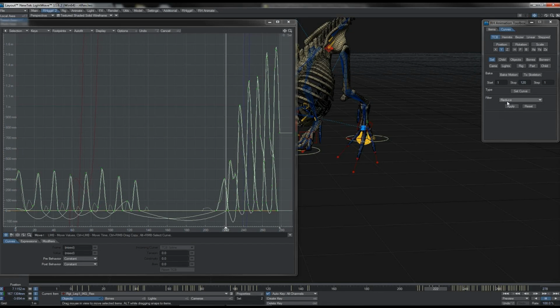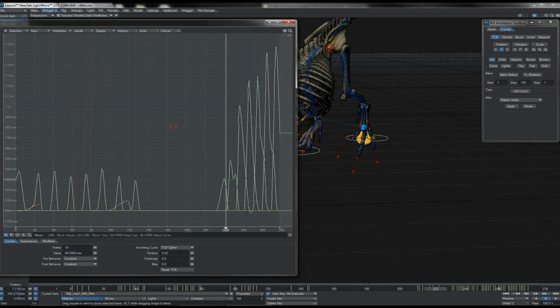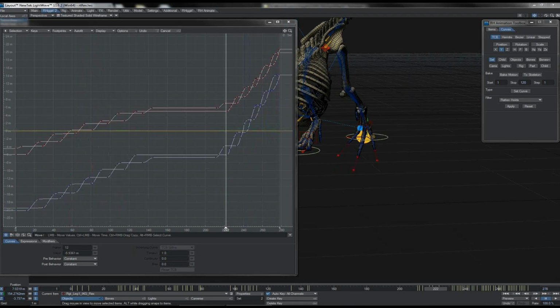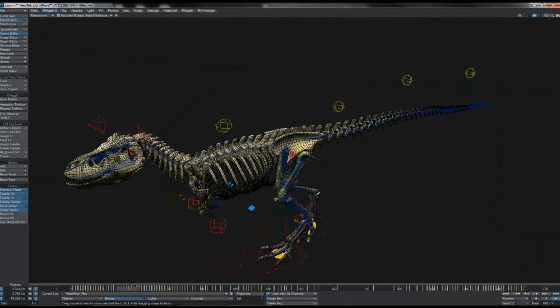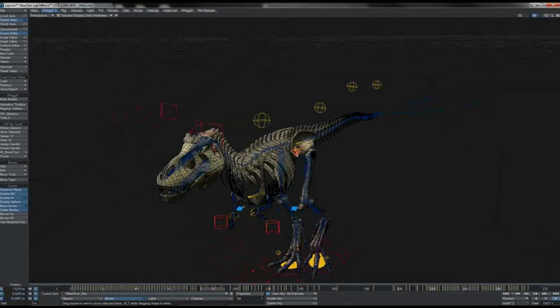It's then a quick enough job using the flatten holds, and like that you have some heavily edited down keys with nice firm holds in position when the foot is planted on the ground. There you can get some very nice clean auto-flattened curves indeed. The result of which is good solid foot movement with no skate, fixed quickly and easily with just a couple